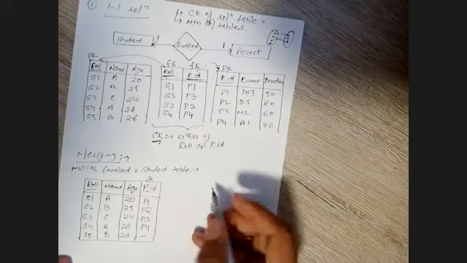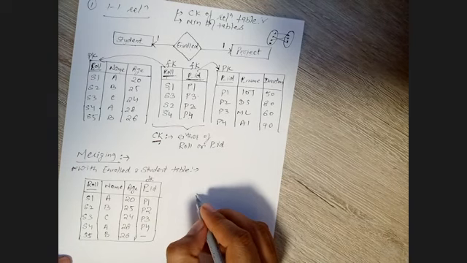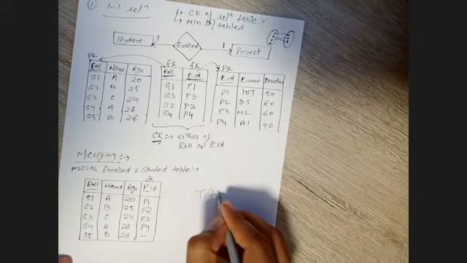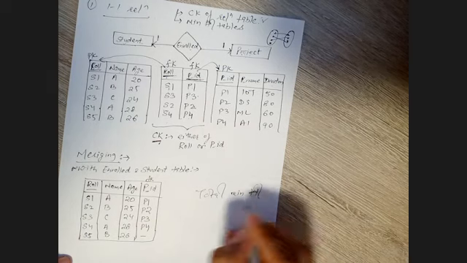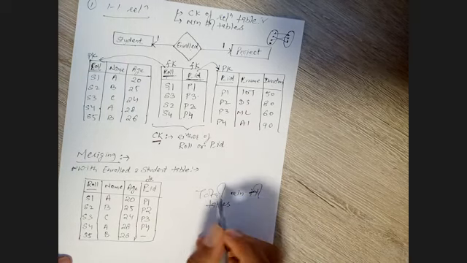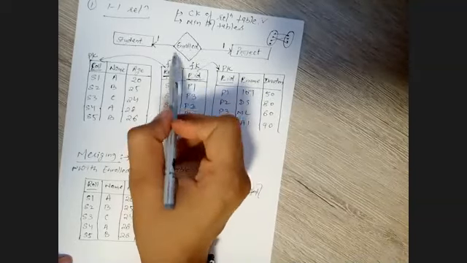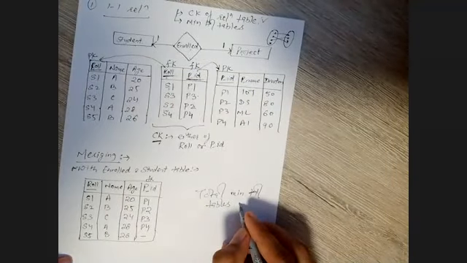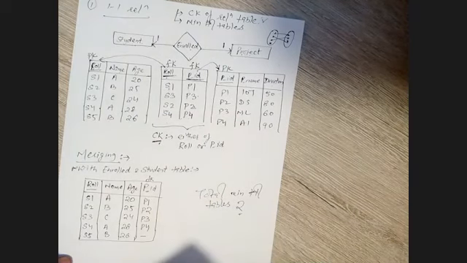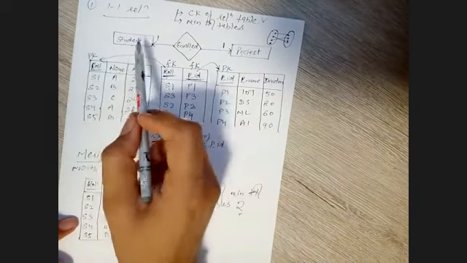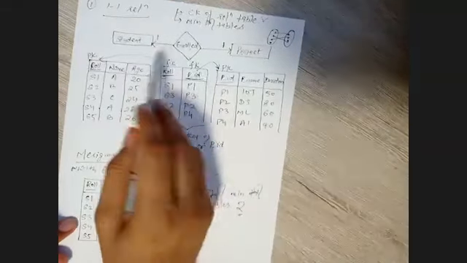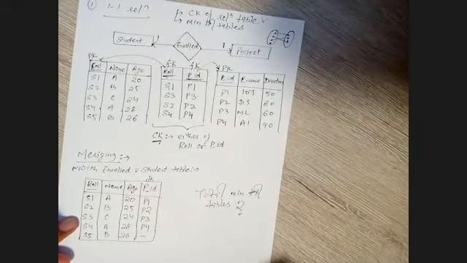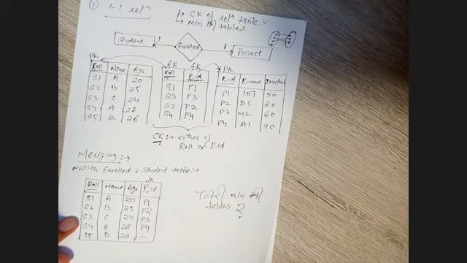So here in a one-to-one relation, what is the minimum total number of tables we have? It's not three. Since we can merge the enroll table, we have only two. One is for student, another is for project, and the relationship table is merged into either of these. So now let's think about